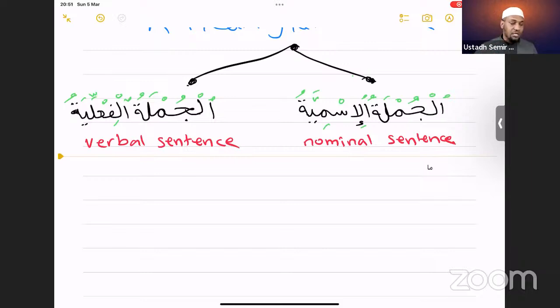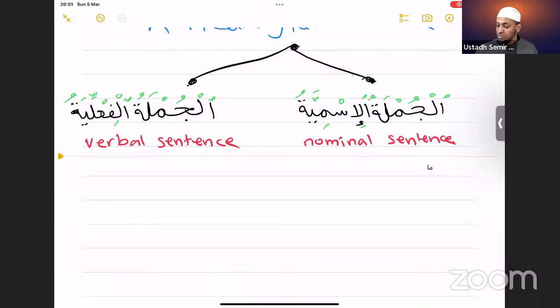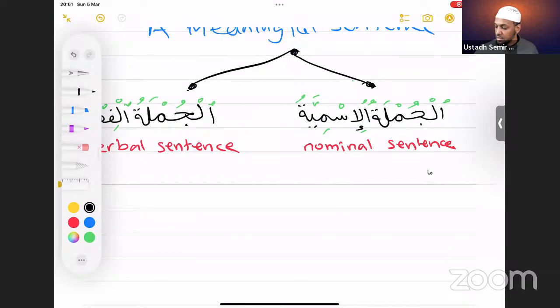So I'm going to take you to an example of al-jumlatu al-ismiya. Al-jumlatu al-ismiya is something like, look at this. And again, I'm going to write something, and your homework will be to go away and write further examples by writing examples in English and then translating them into Arabic by going to the dictionary. So if you want to, let me give you the example first. So the first example I'll give you here now is,